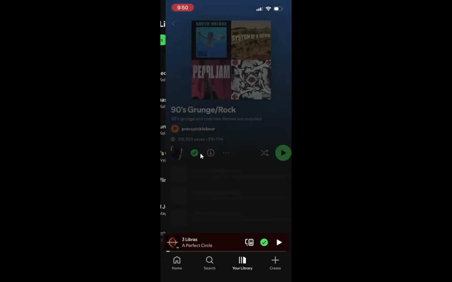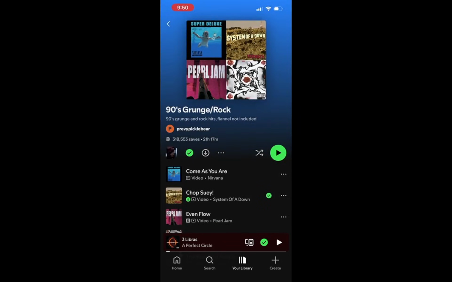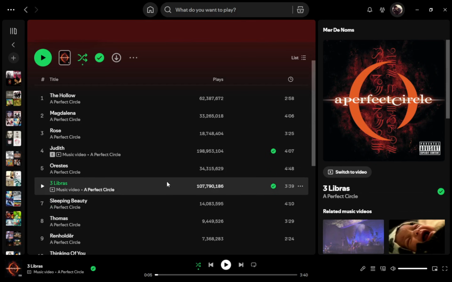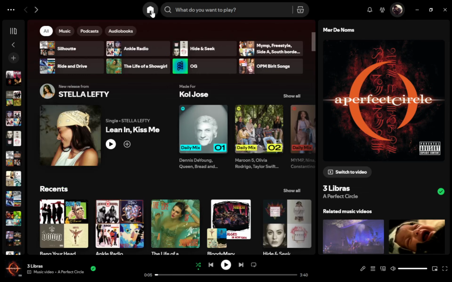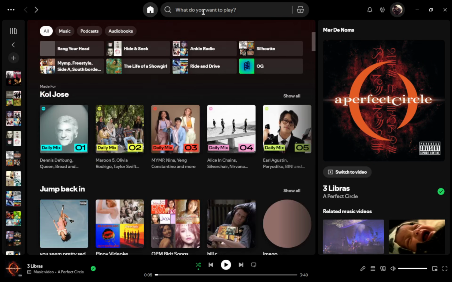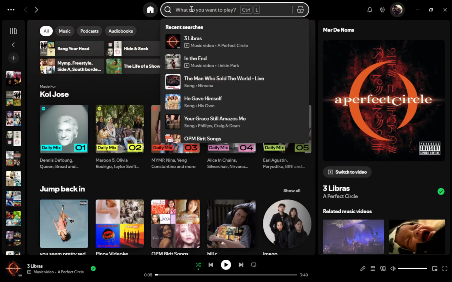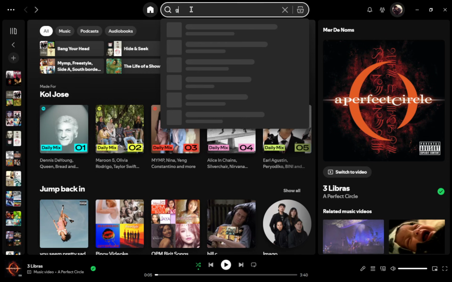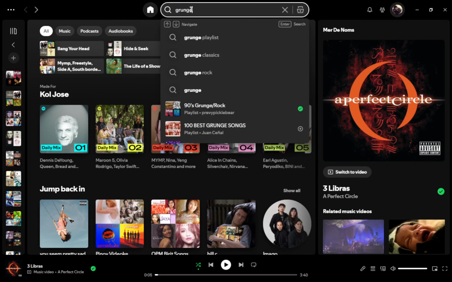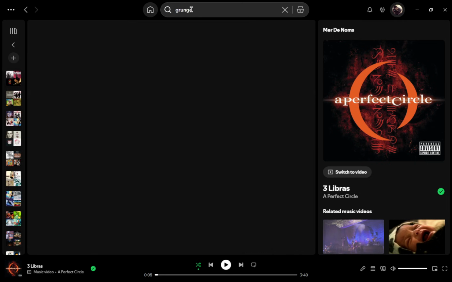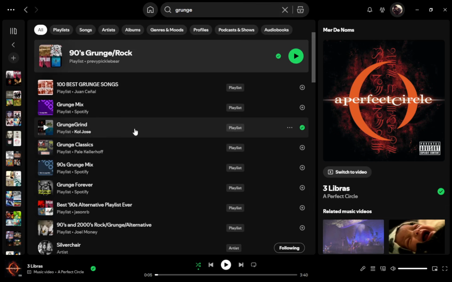On a computer, whether you are on Windows, Mac, or the web player, open Spotify. You should see the sidebar on the left with Home, Search, and your library, and the main area showing music recommendations or whatever you last viewed. Check the top right to be sure you are on the right account. Next, find the playlist you want. You can use the search option in the left sidebar and type the playlist name, or click into any section that shows playlists until you see the one you want. When you spot it in the results or on a page, you are ready to save it.